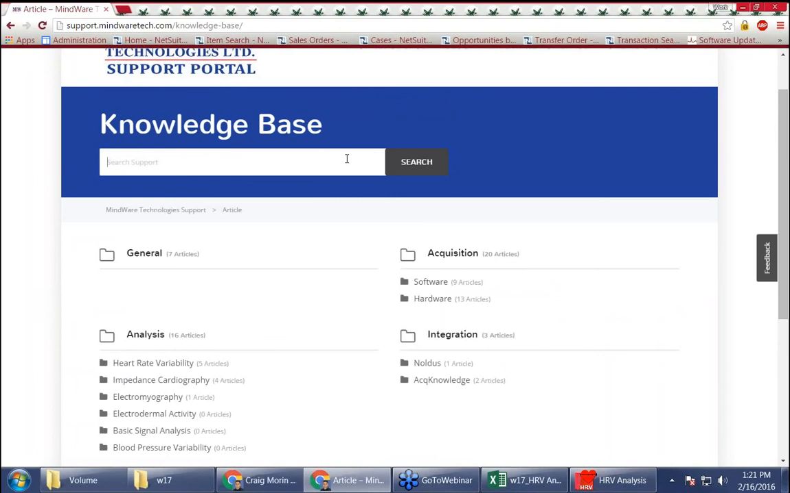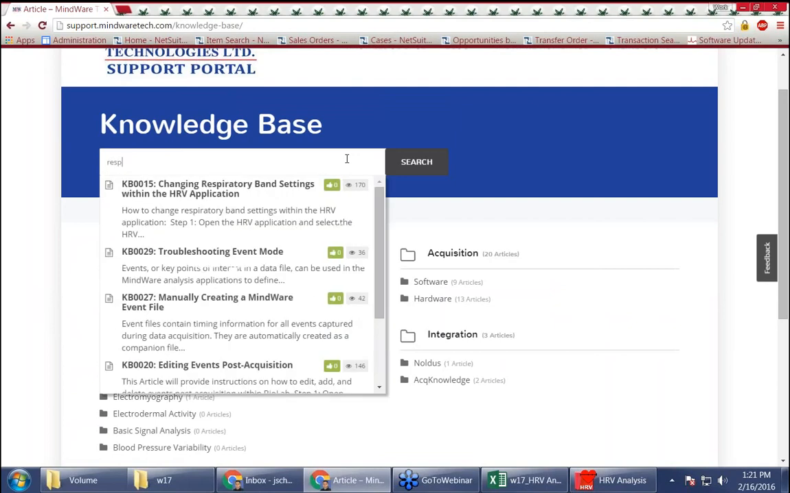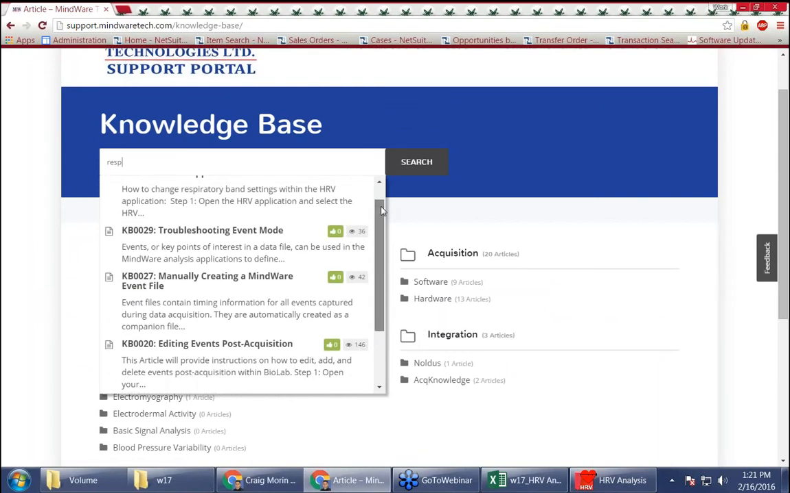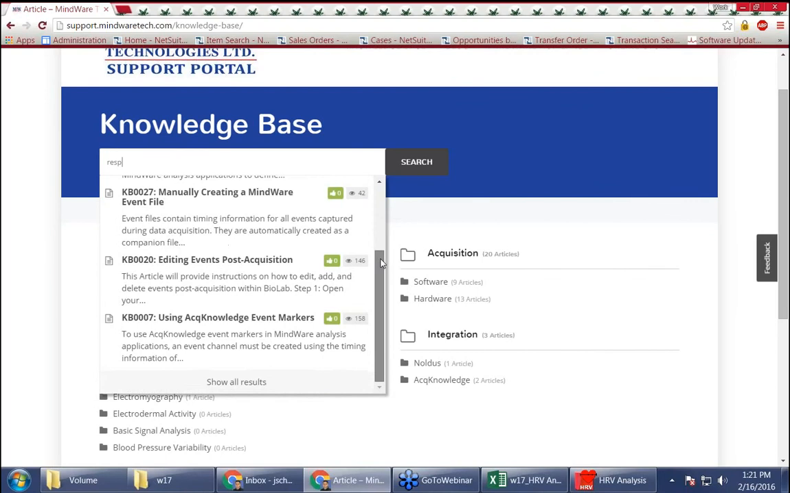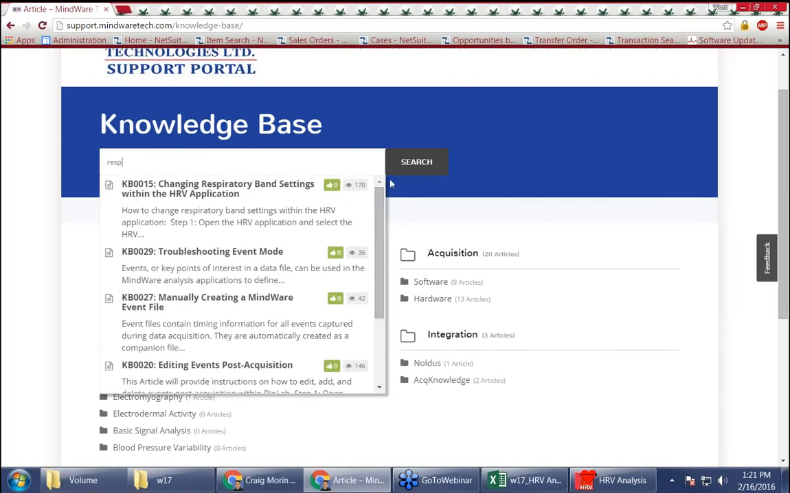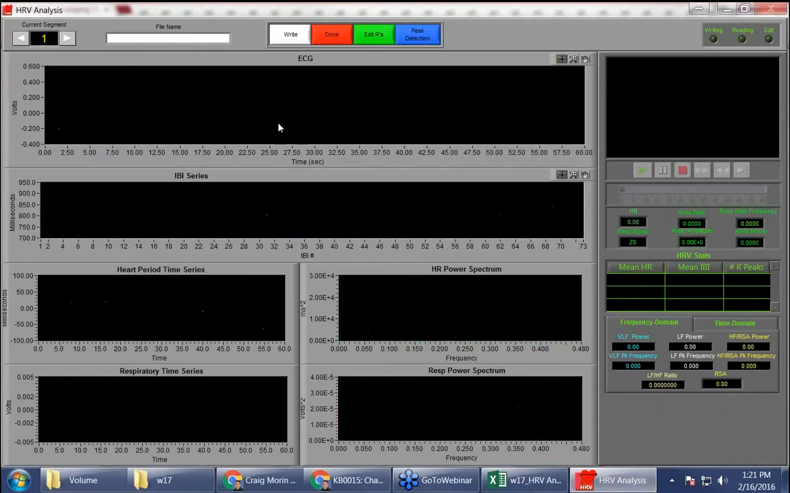So if you had any sort of question, let's say like respiration bands. All I have to type in is resp, and then it's going to pop up with all of the articles that we have that have anything to do with respiration. The first one I can see here is already how to change the bands. This is exactly the one that I was referencing earlier,